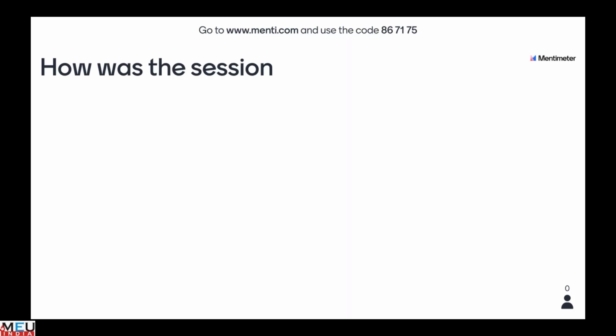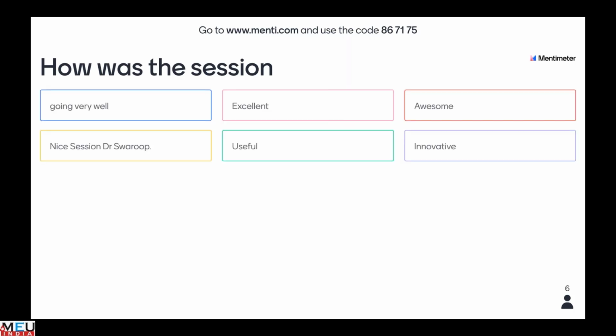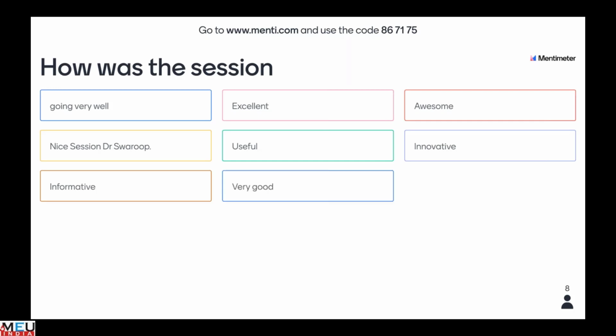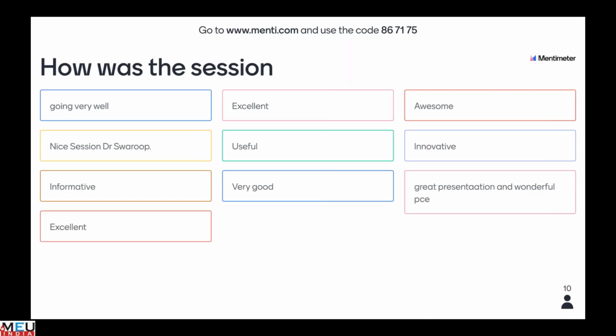So you have to open your browser, go to www.menti.com and use the code 867175. So you can see, as a teacher, you will get immediate input and you're getting qualitative data. With the other formats, we are usually forcing them to reply in a particular way, because I may only give two options. How was the lecture? Good, bad. So you are sure that most of them will choose the positive one.